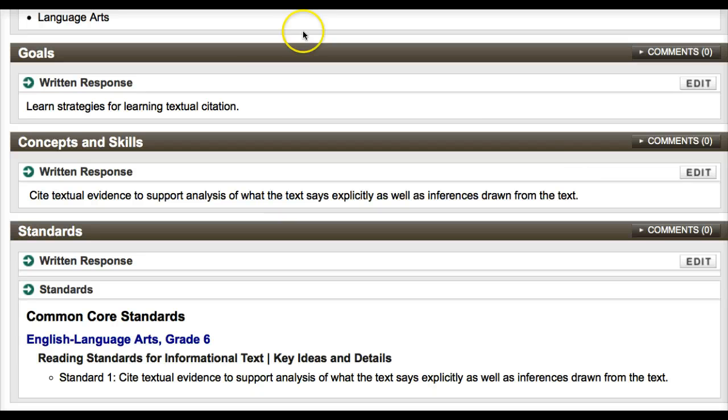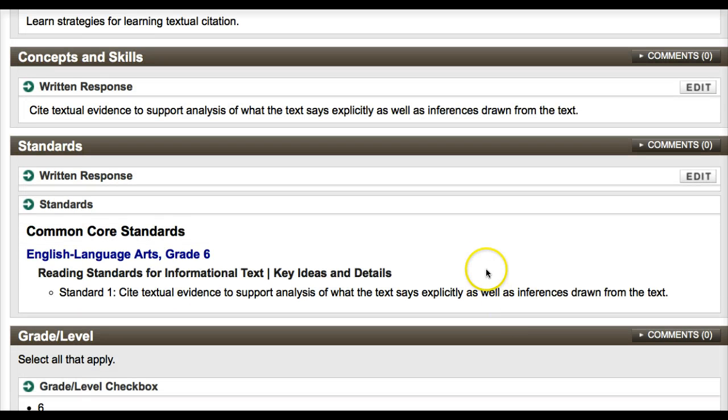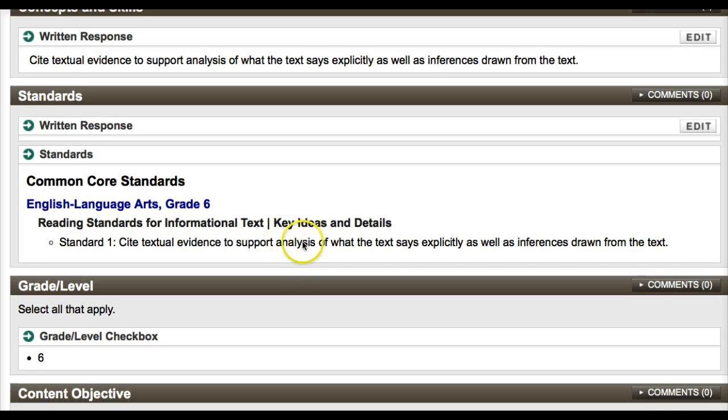What you've written up here is fine. There's nothing that I can tell you that would improve upon this particular area. What I do want to let you know is whenever you're dealing with the standards, you are not only going to write what the content standard is, which is Common Core, but you are also going to include